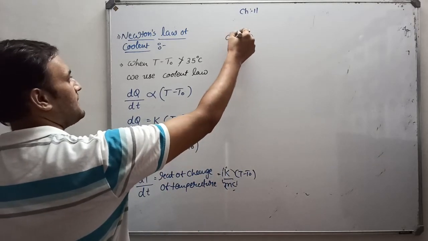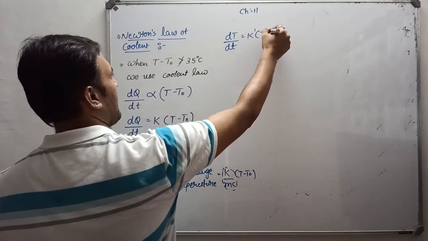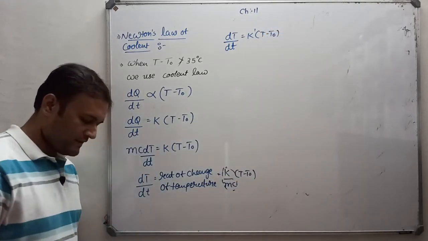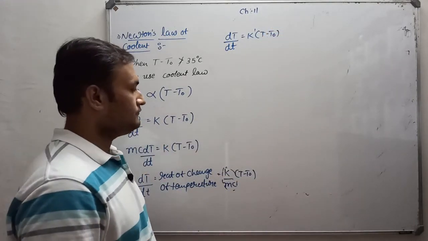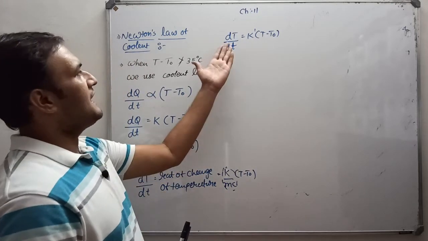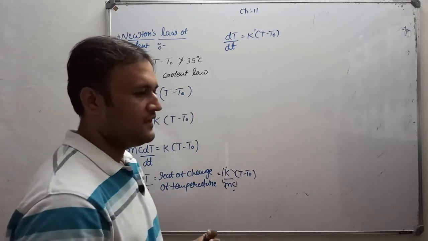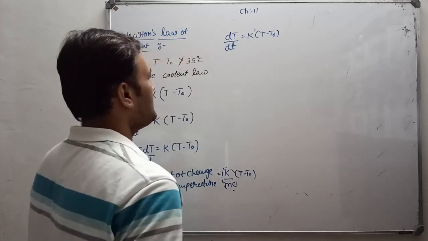So dT by dt is equal to k dash into T minus T0. Okay, so this is the equation of Newton's law of cooling. It is very simple. Now dT by dt,